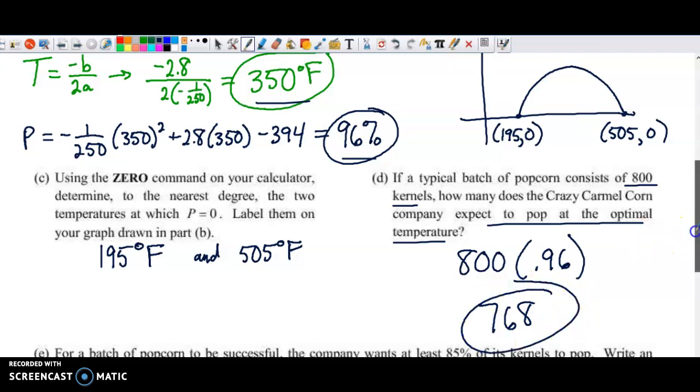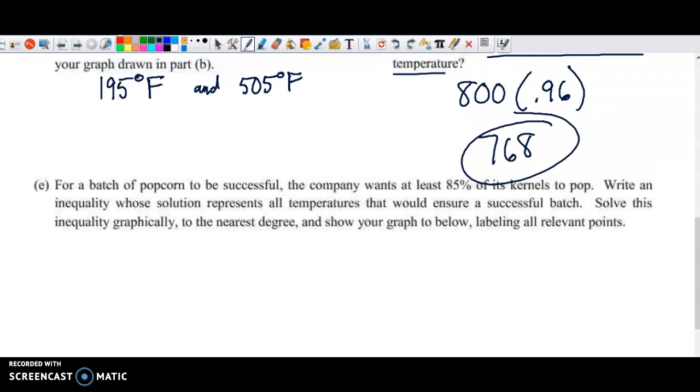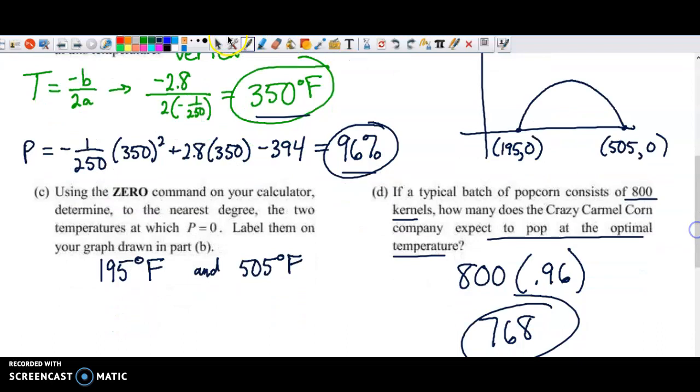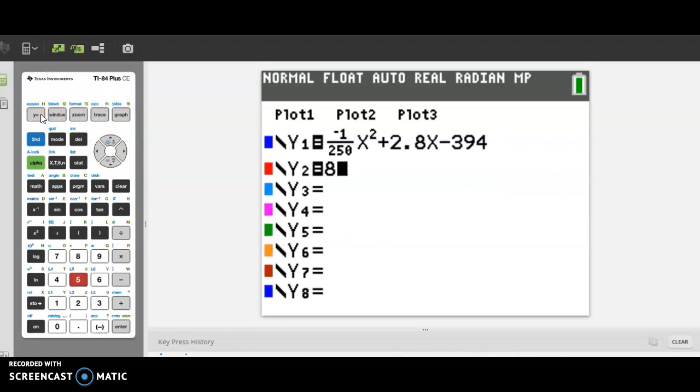And I think I'm running out of time for my, here, let me pause and get you a good answer. So if we want 85%, I would need an equation in here, y equals 85, and with a graphing calculator, I'm looking for that point of intersection